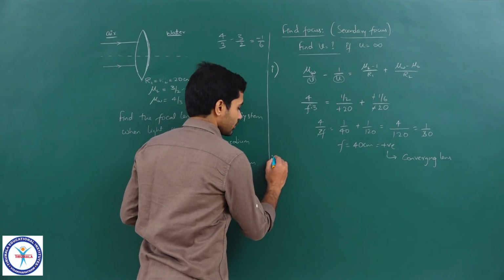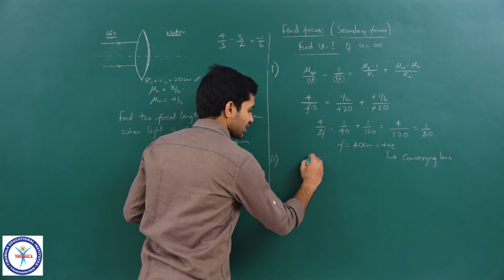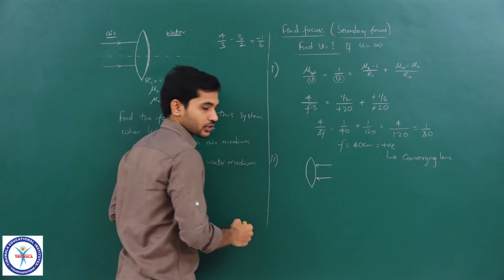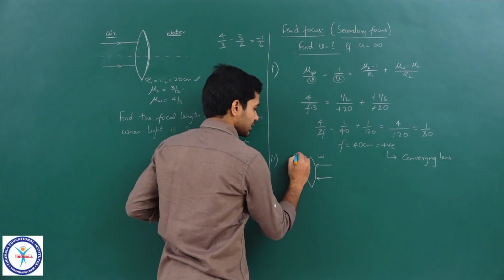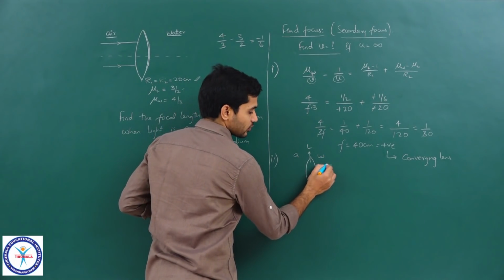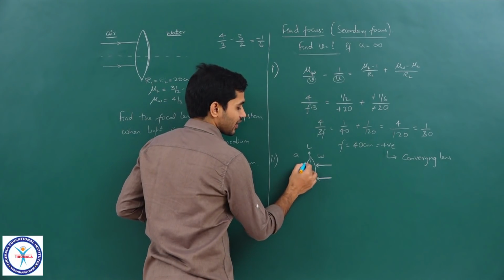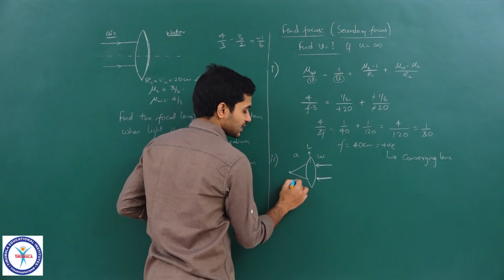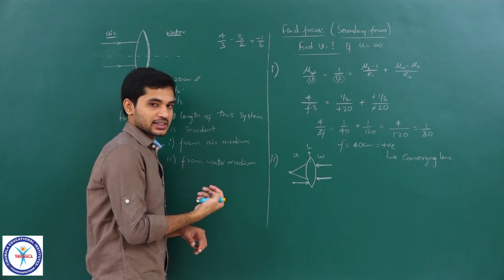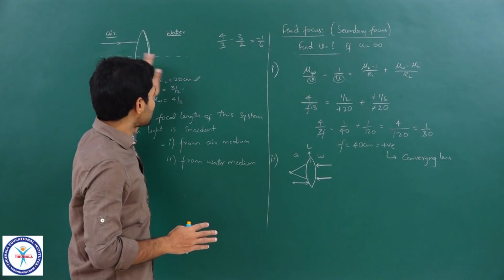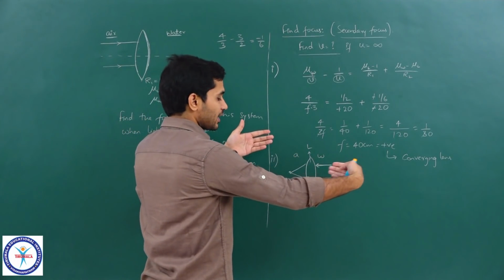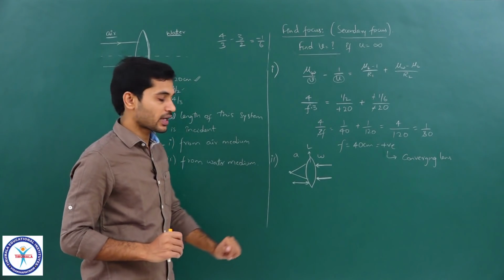If I draw that here for understanding, we have the lens in this manner and the light rays will now be incident in this direction, correct. So this is water, this is air and this is the lens medium. Light is now incident from this side and we need to find out where it converges. The distance at which it converges will be the focal length of that lens for light coming from that side. Clear? So keep in mind, when the medium is different on either side, the focal length for light coming from this side and for light coming from this side will be different. That is what we are calculating here.